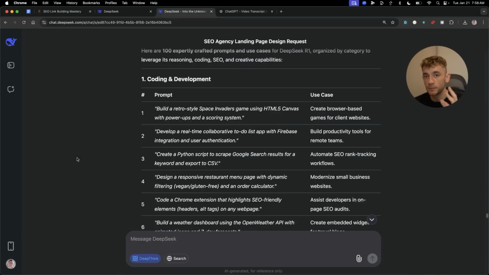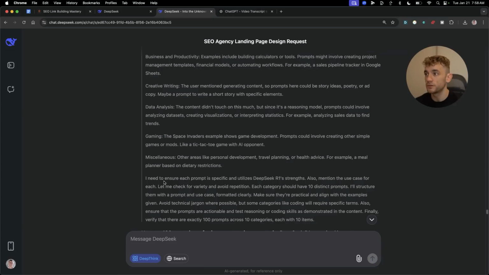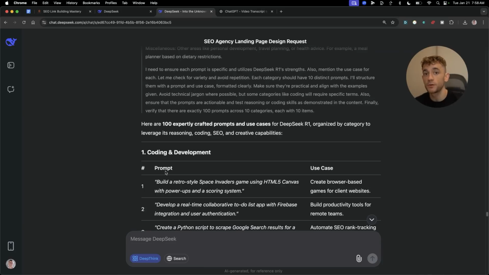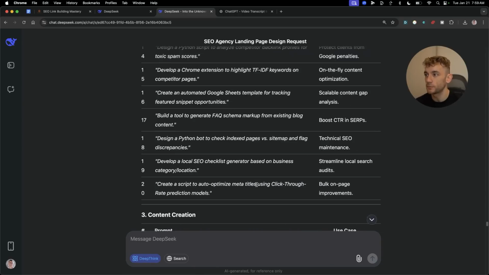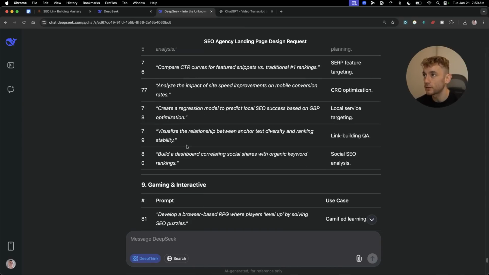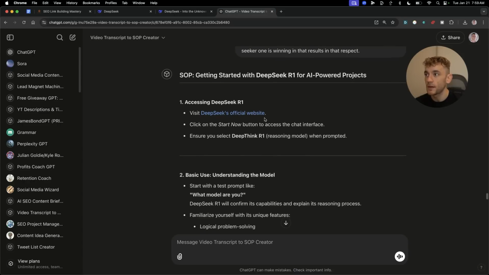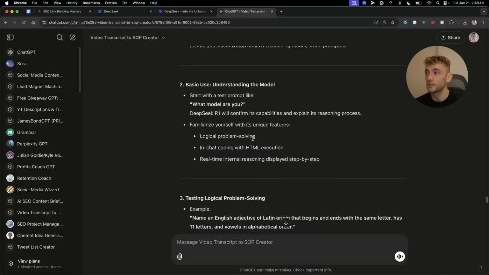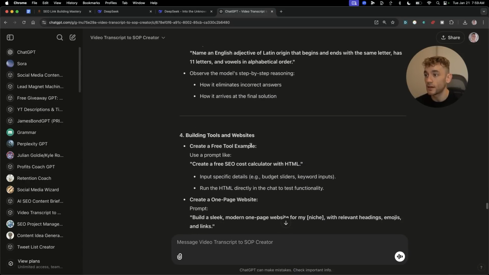As you can see, DeepSeek R1 is super powerful, plus it's free and is very comparable to GPT R1. In fact, we actually got better outputs from DeepSeek versus GPT R1 today. And you can see what I've actually done is created 100 different use cases and prompts that you can use to generate whatever you want using DeepSeek, and you can test those out, along with a step-by-step recipe on exactly how to use DeepSeek so that you can get free access to it